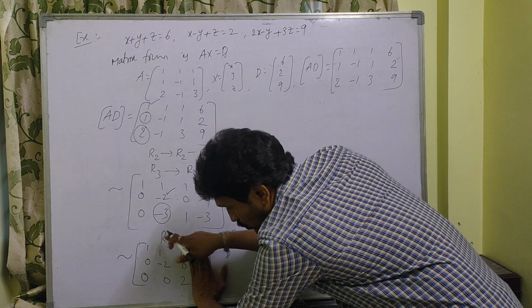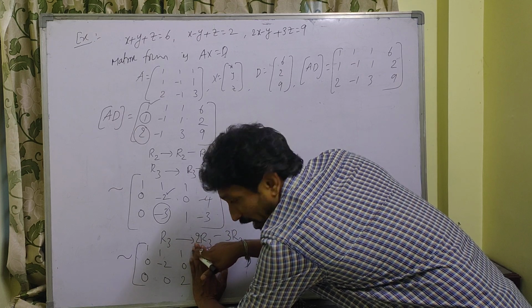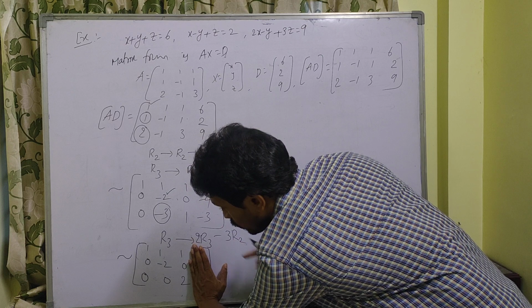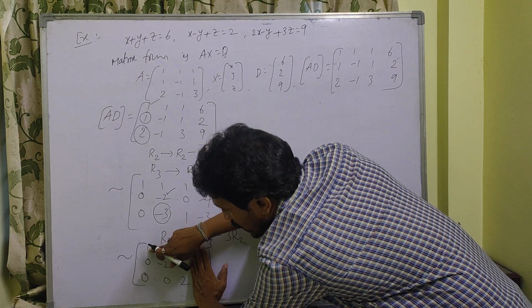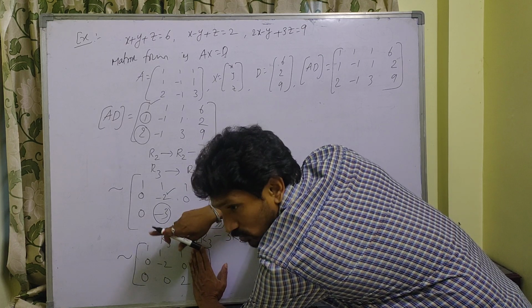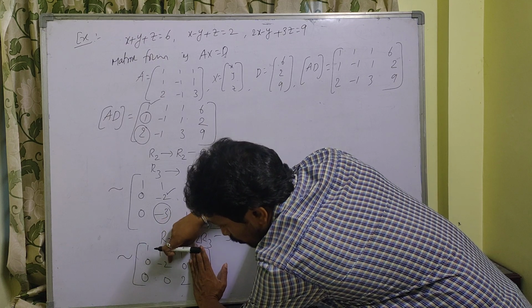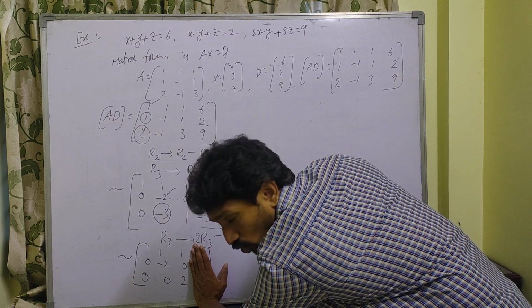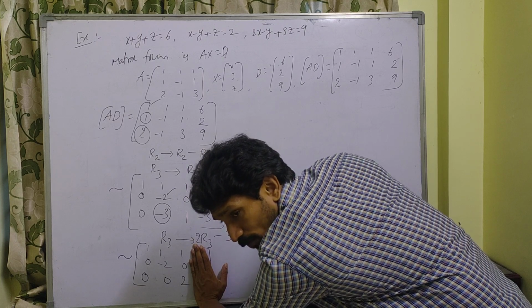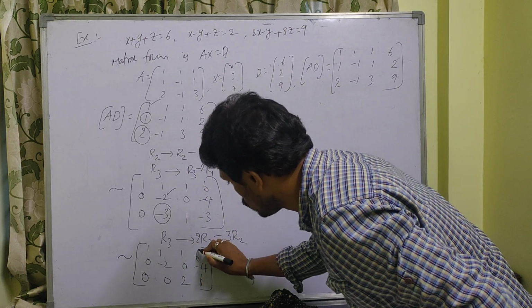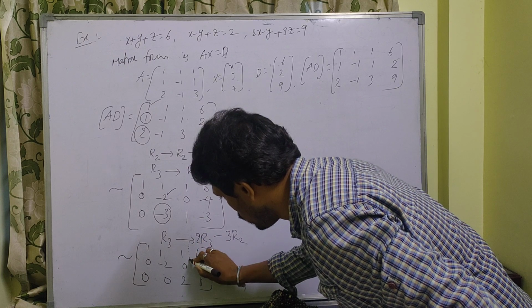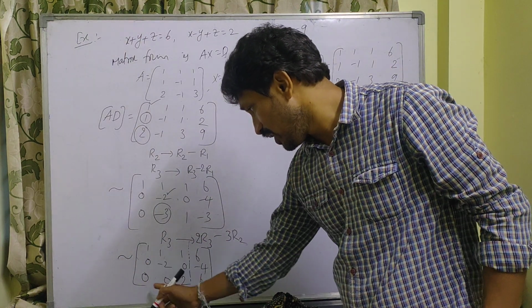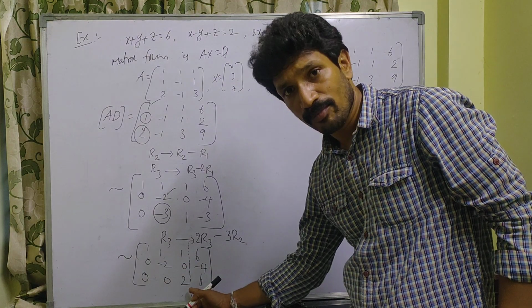Once you observe here, matrix A is also in echelon form, very clearly. So close this one, and here the number of zeros: first row, number of zeros 0. Second row, number of zeros before the non-zero number 1. Third row, number of zeros before the non-zero number 2. So matrix A is also in echelon form. For our convenience, I am just drawing like this. Okay, see here. So this is matrix A.